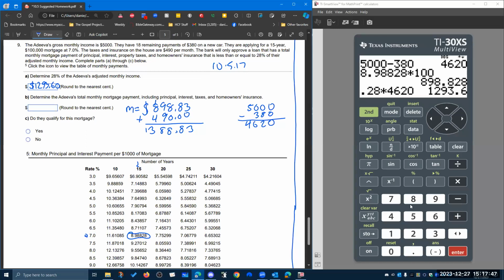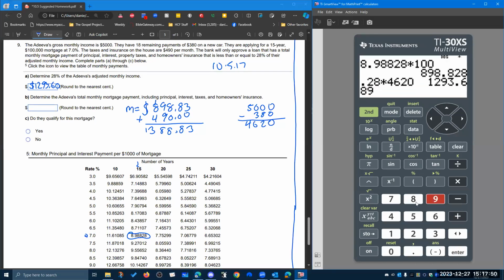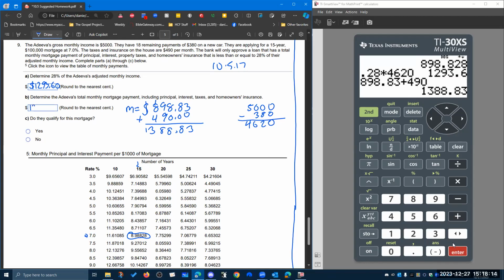So let's make sure that I did that right. 898.83 plus 490 should give me 1388.83, and that exceeds their 28%. So it's greater than 28% of their adjusted income. So they would not qualify for this mortgage